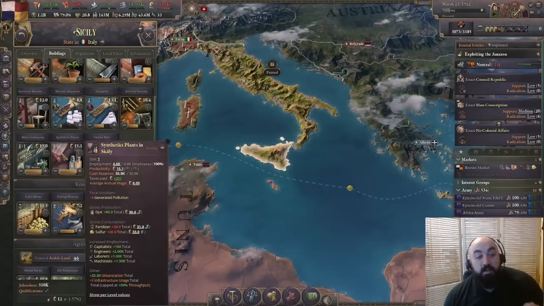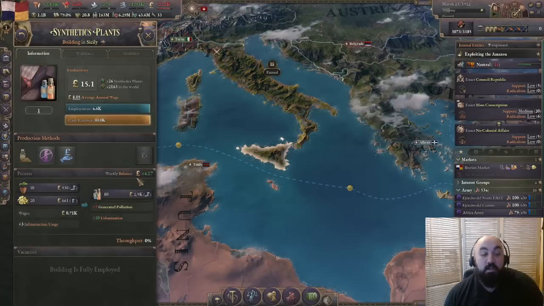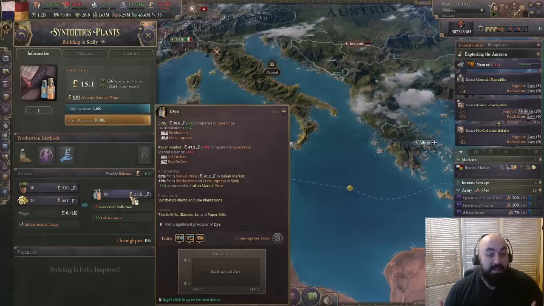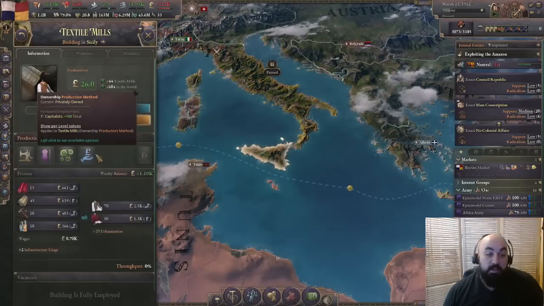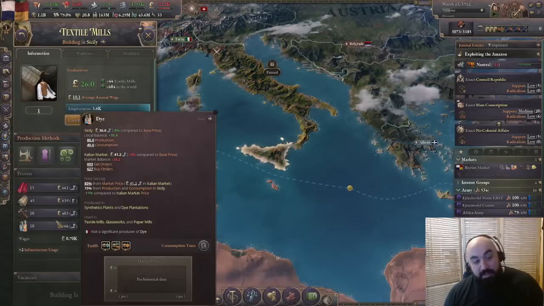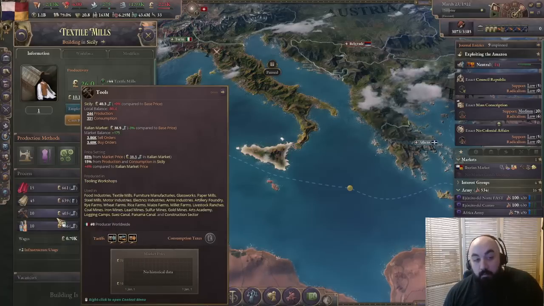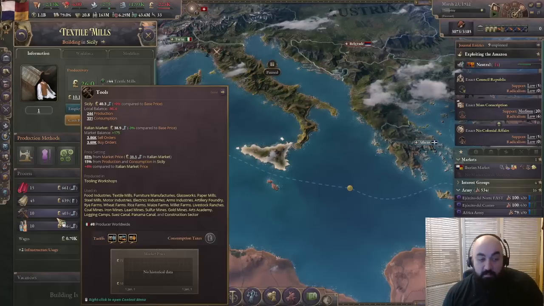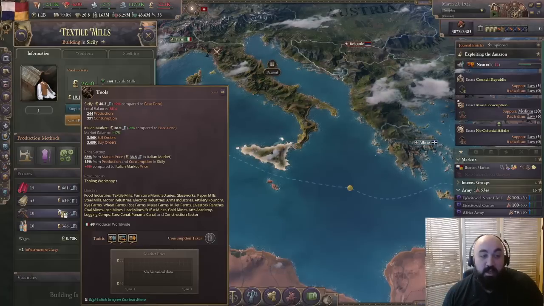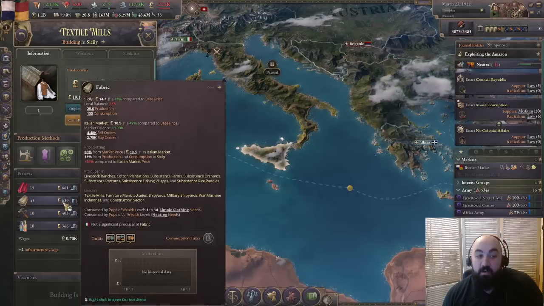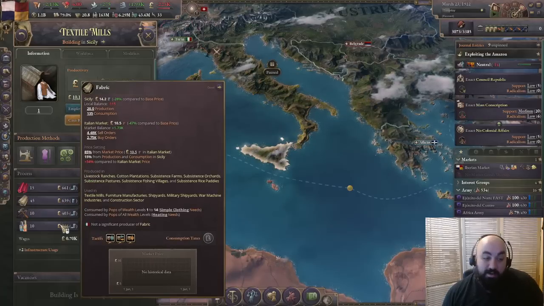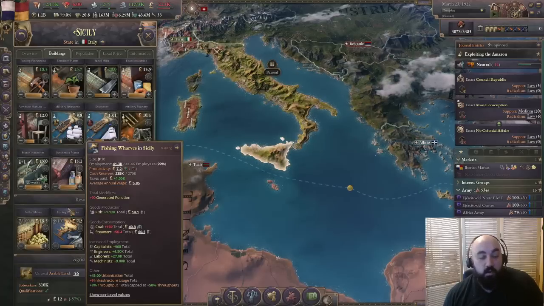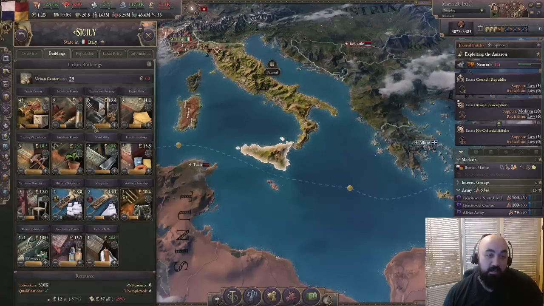Now, if you are building synthetic plants in an area, and you happen to not be a country that has a lot of dyes that you can build, like let's say Italy, it might also be one of the better places for you to build textiles, because you will be getting dyes as input here. The mines and tools are not terrible to build in a place where you have plenty of demand for them. Tools is one of the more flexible places you can build. And so if you are able to create either silk or fabric alongside your dyes, then it will be reasonable to also put textiles in with that. And so that is a sort of integration that you might want to keep in mind, in particular for the